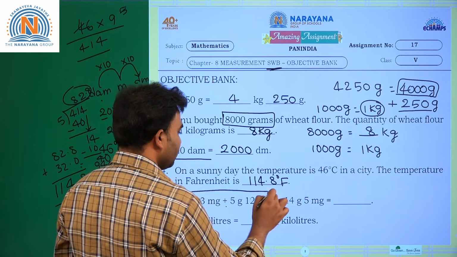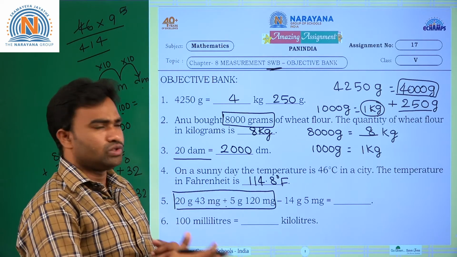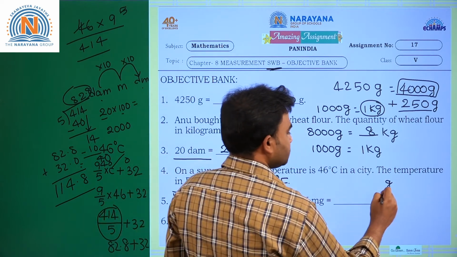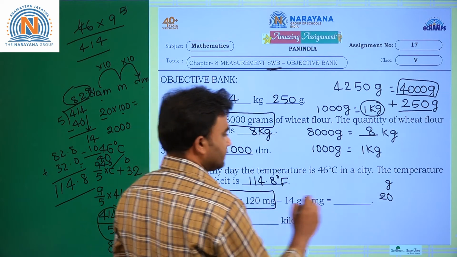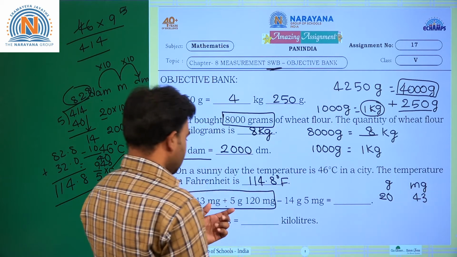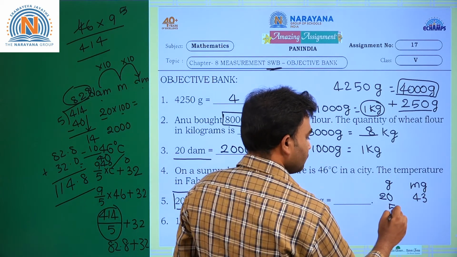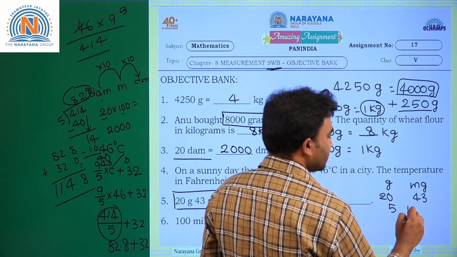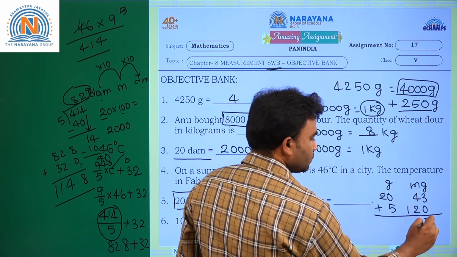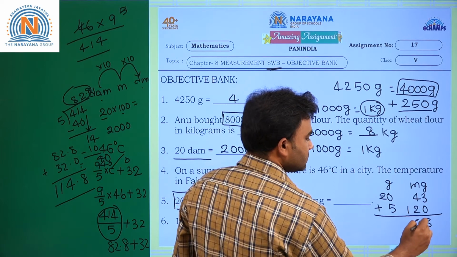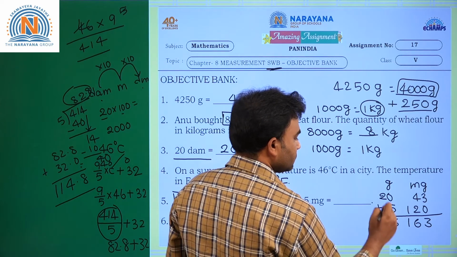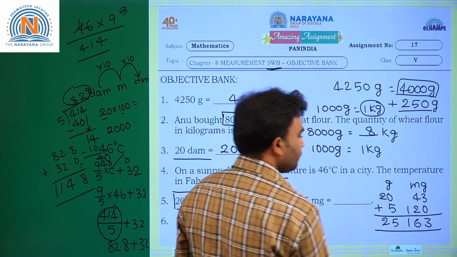Let's add the given units according to the BODMAS rule. First one, grams are given here, 20 grams and 43 milligrams. So in milligrams 43. Next one, 5 grams 120 milligrams. Add both the numbers, 3 plus 0 is 3, 4 plus 2 is 6. Next 1. Next 0 plus 5 is 5. This is 2. 25 grams